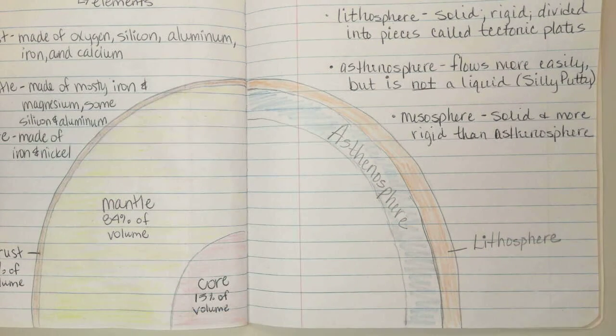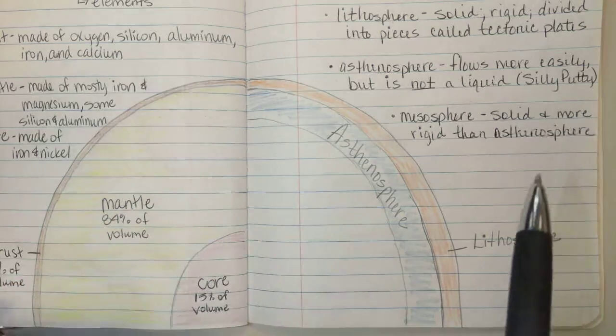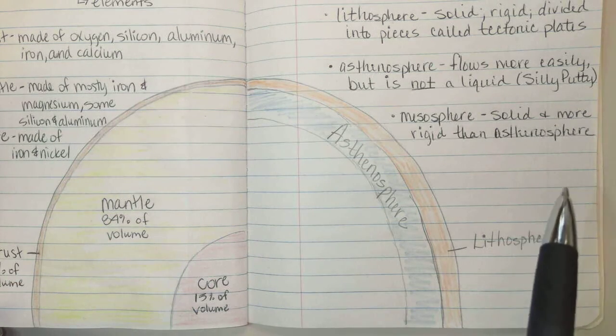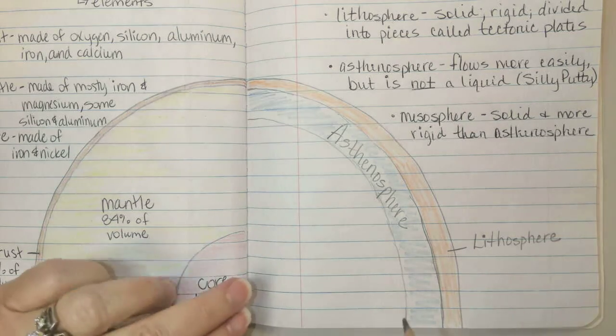Okay, and the mesosphere is thicker. It's like I said, it's solid and more rigid. It's made of more metals than, but it is, again, more solid. So let's go ahead and